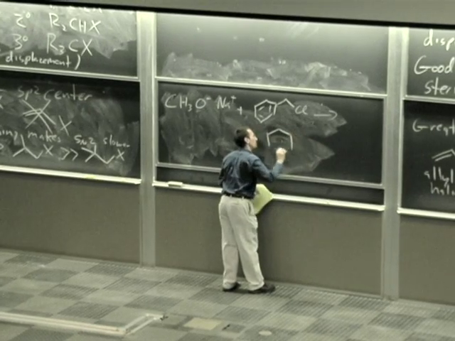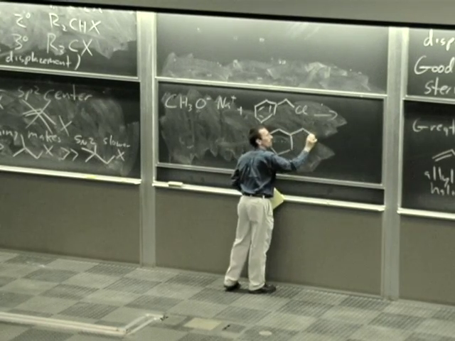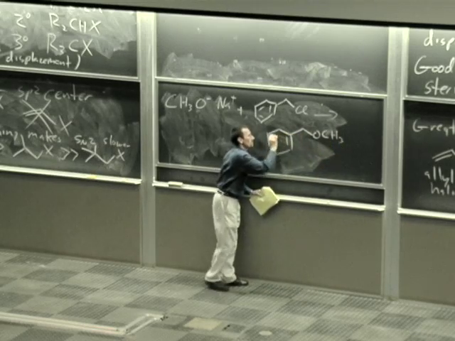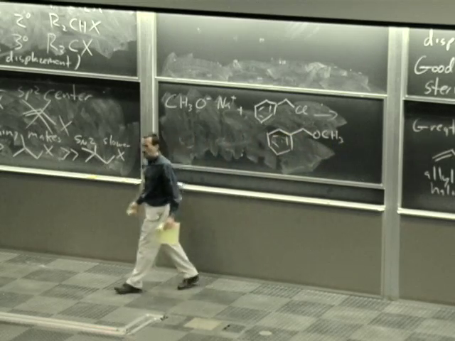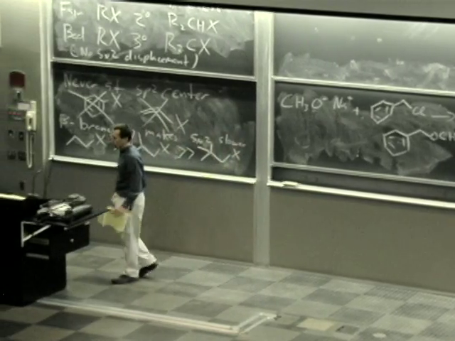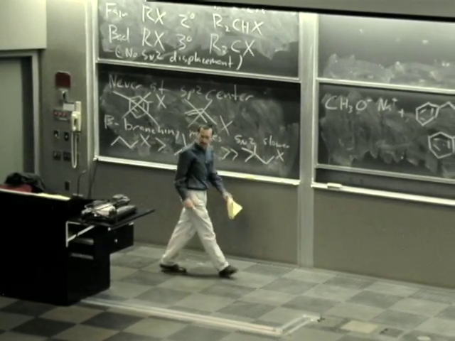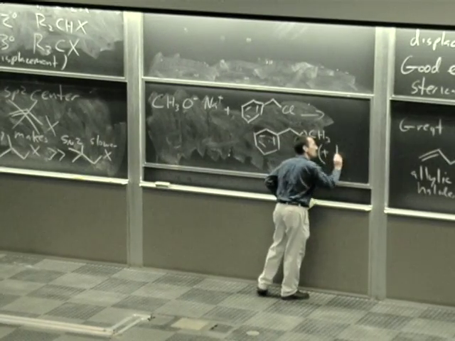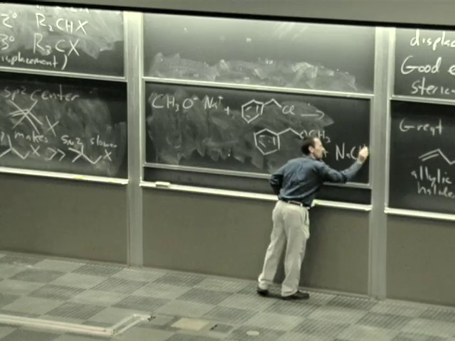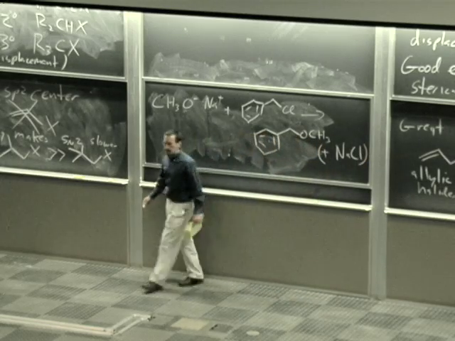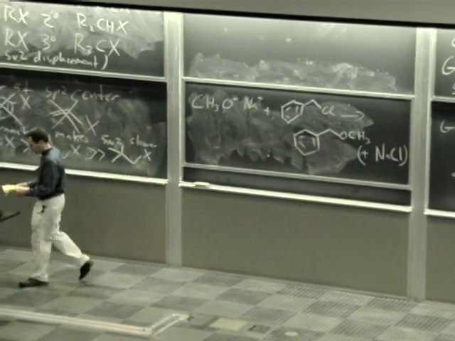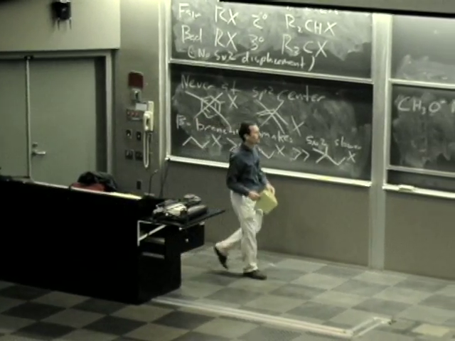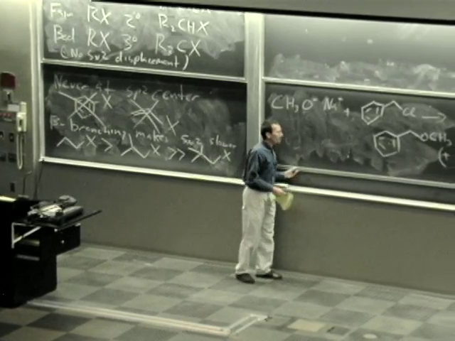And the product of the reaction is the corresponding methyl ether. In fact, we call this a Williamson ether synthesis. And if I want to keep track of my byproducts, organic chemists don't always, I'll write out sodium chloride as the other byproduct of the reaction. Now, conversely,